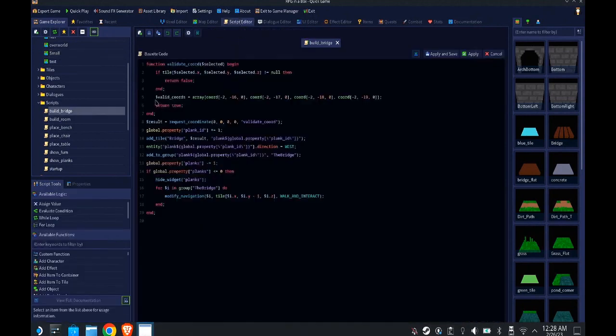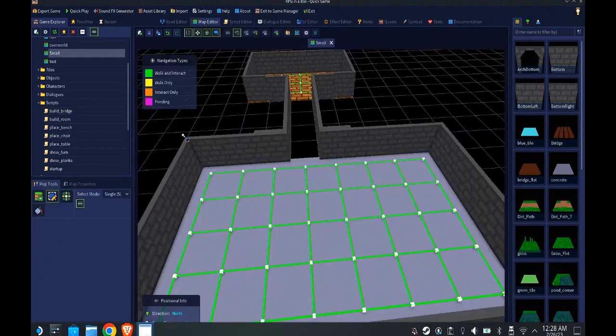However, we're going to have a problem if I comment this out, so that we allow the tiles to be placed anywhere. So let's say we allow the tiles to be built over here. Well, when we've finished, although you'll have the 4 tiles of the bridge, you won't have a connecting tile on either side. So if we actually run this for a moment,